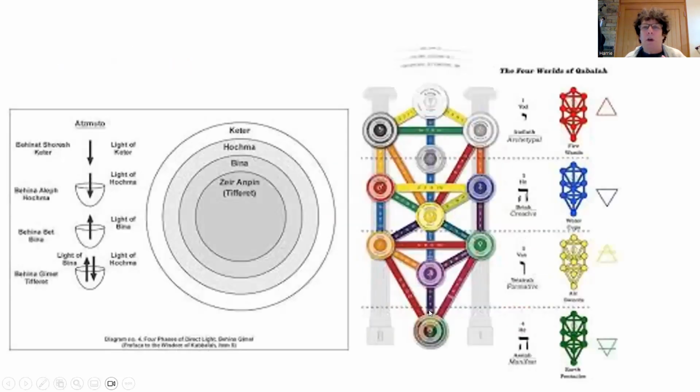There's lots of different drawings of it, and the four worlds that come down are also linked to the four-letter name of God, which is called the Tetragrammaton. Tetra means four, as in Tetra Pak. It's the four-sided pack that you have your milk in. And so these four worlds are linked to Yod He Vav He, which is the Tetragrammaton, this unspeakable